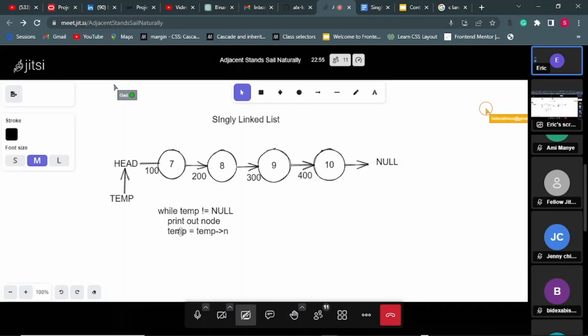Then the program will check again, is temp equal to null now? Now temp is not equal to null in this sense. Then it will now print out 8 and go again, and go again. And okay, is temp equal to null? Okay, and once temp is equal to null, so obviously that means that